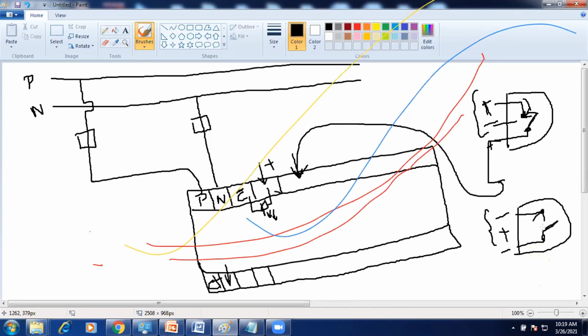While the object is being sensed by the sensor, the negative supply will be moved from that output part. This is the output of the sensor. In that output, we are getting a negative value, so the negative input will be connected to the PLC side. So we need to consider a sink type PLC for NPN type sensors, and we need to consider a source type PLC for PNP type sensors. Okay.